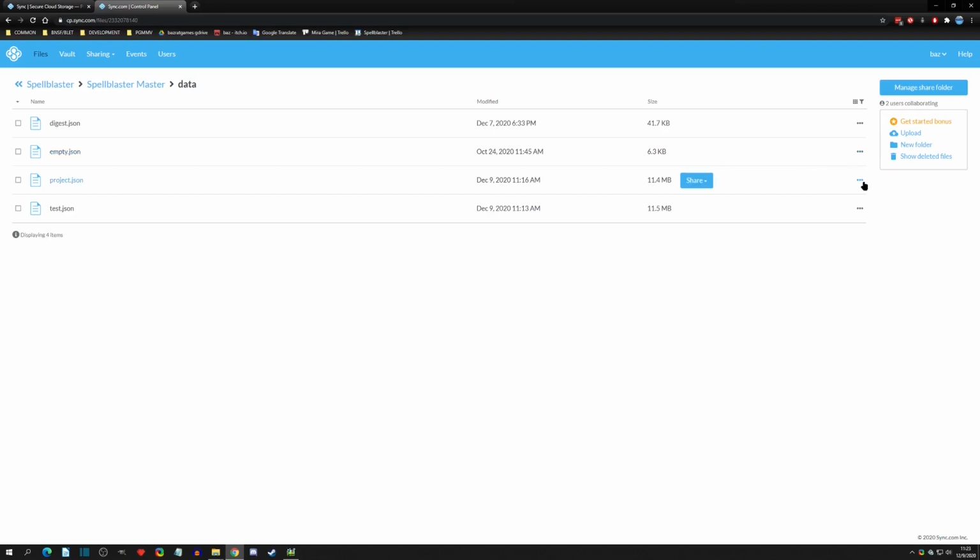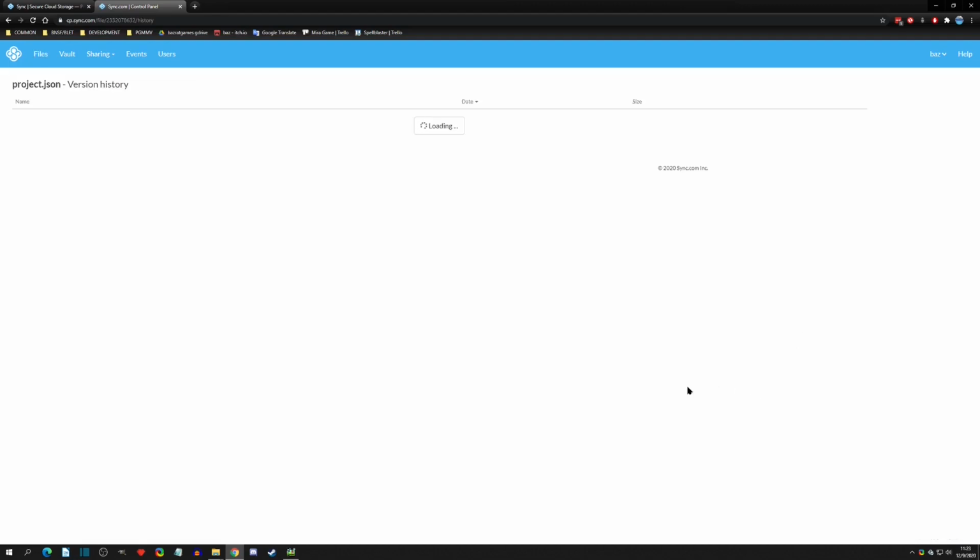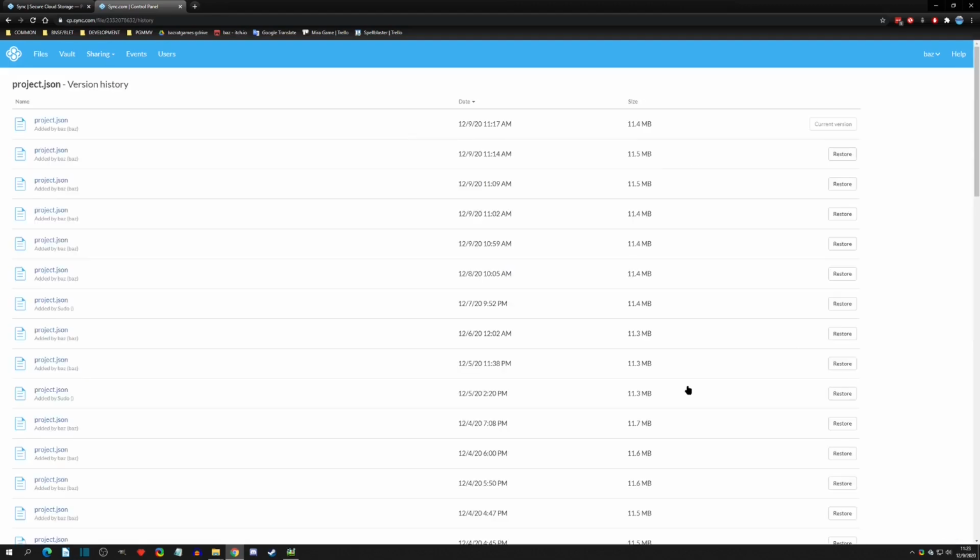If you need to go back versions, you just click on these buttons or these three dots. You click on version history, let it load, and now you're going to see every time that you saved the project JSON, which today has been quite a bit. And what you're going to do is go to one, let's just say the one that I did just 3 minutes ago, and you're going to click restore,